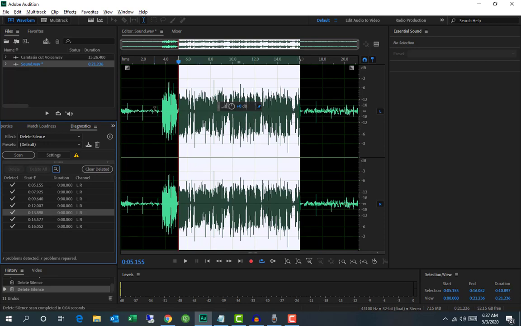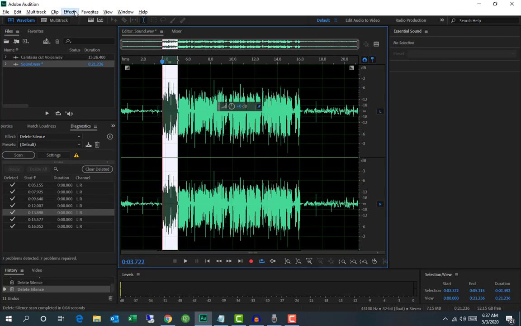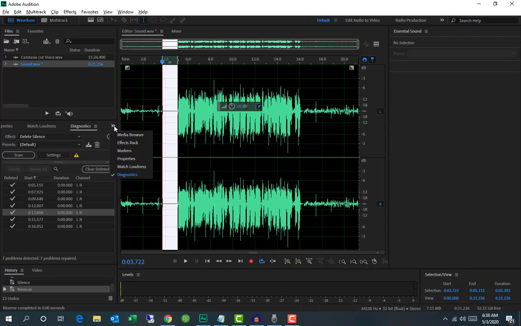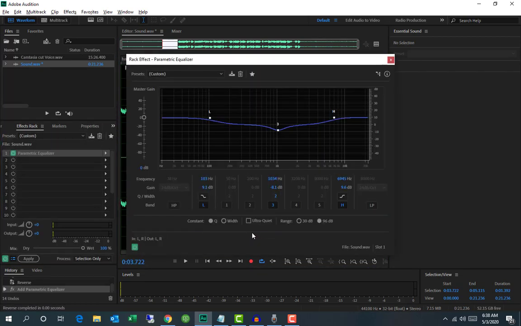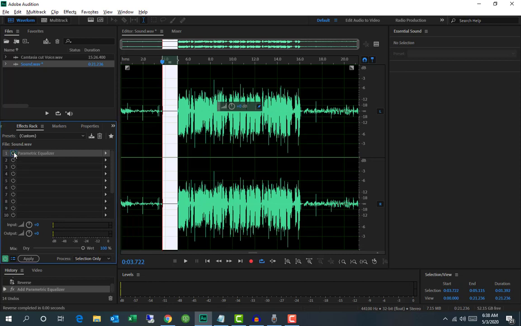If you want to make any particular area of your voice quiet, you can select that portion and go to effects, click on silence. It will make that selected area silent. You can also apply effects from here by going to the effects rack. Let's say we want to apply this parametric equalizer. Here you can change these settings and then close this window. You may toggle this effect on or off. To apply any settings, hit apply. You can apply multiple effects from this effects rack.